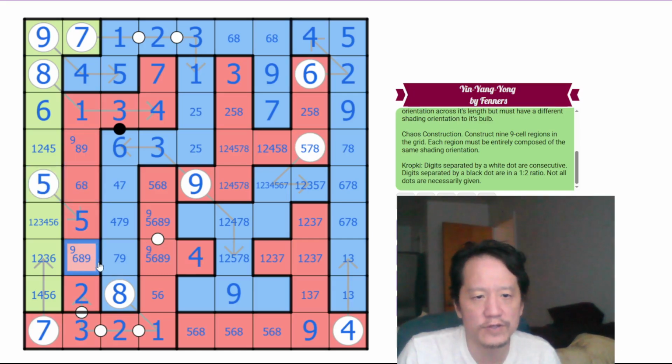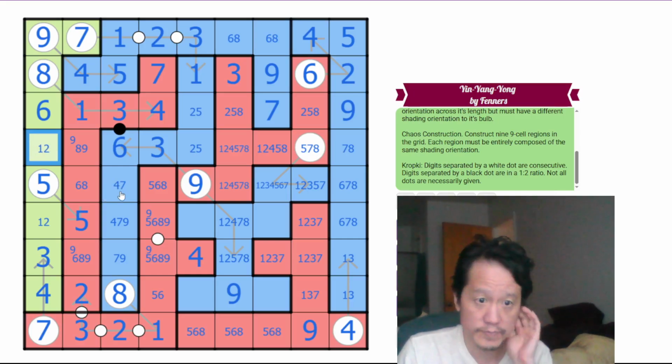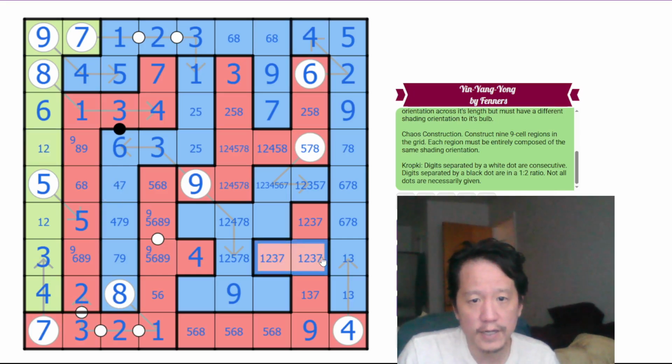Therefore, neither of these are a 5. This can't be 1, 6, or 2, 5, because we have a 5 and 6 in the column. So this is 3 and 4, which forces this to be 1 or 2, and this is 1 or 2. This cannot be 3. This can't be 3, so this is 1, which makes this a 3. This can't be 3. This can't be 1, so this has to be a 2-7 pair, which eliminates 2, 7